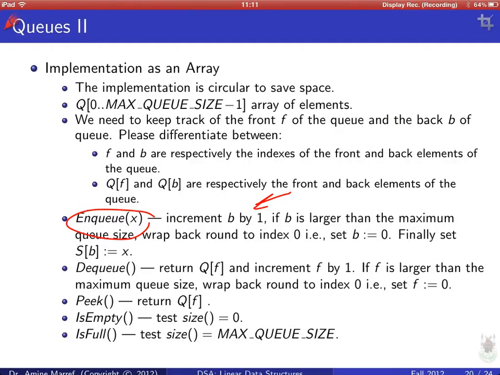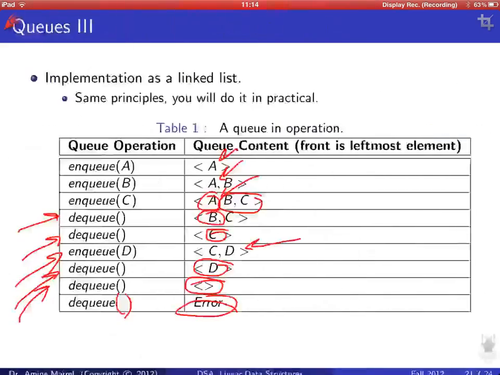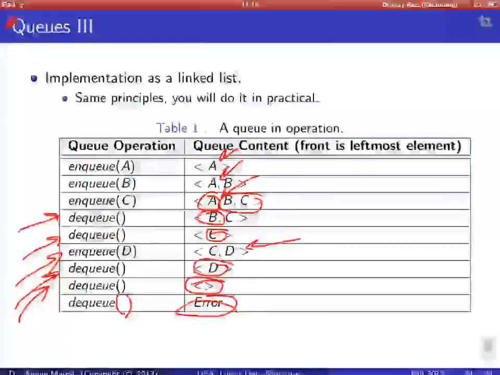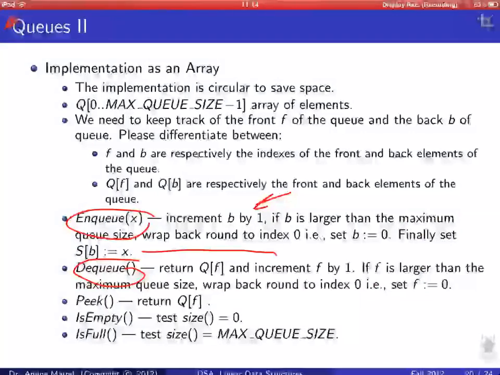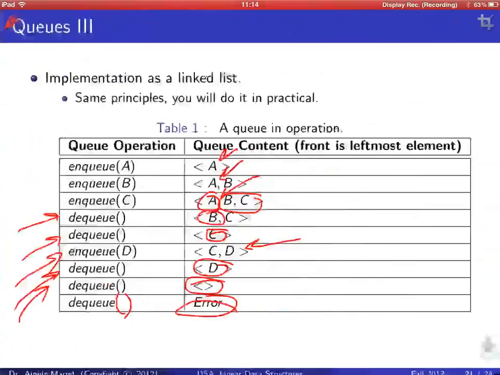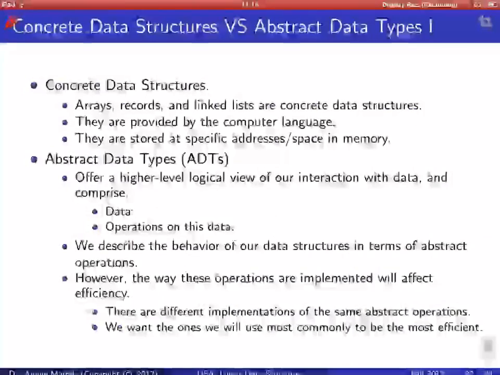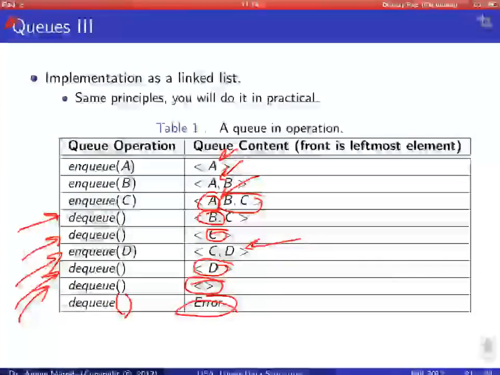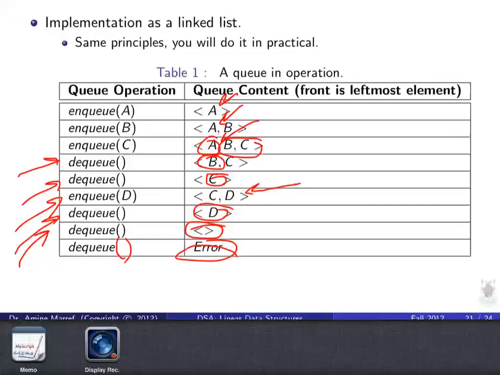Okay, the size of the Q in this case is exactly 4. Now B is 1, minus F is 6, plus 1, that's going to give me what? Minus 4. But the size of the Q is really 4. It's not minus 4. So, in order to compute the size of the Q, what we do is actually, we compute, because the size of the Q here is the size of that part plus the size of this part, right? Now, the size of this part is easy to compute. It's B